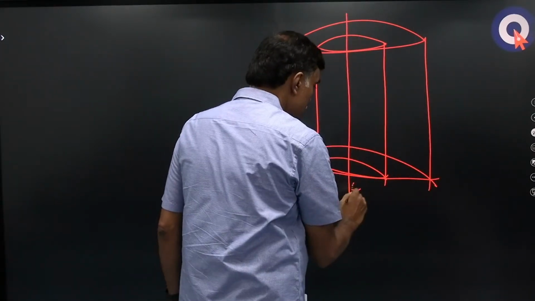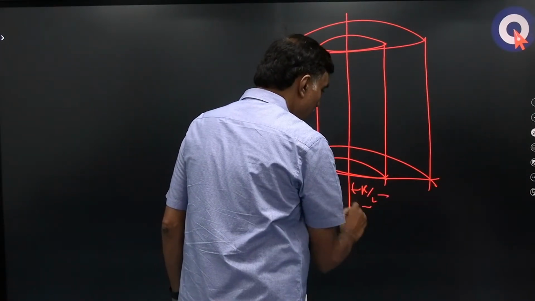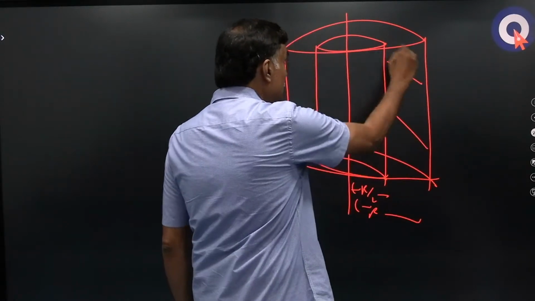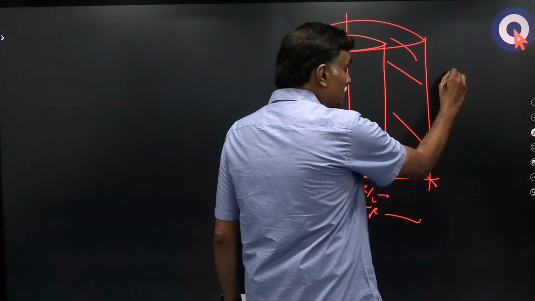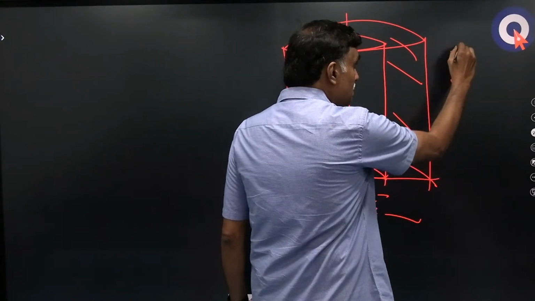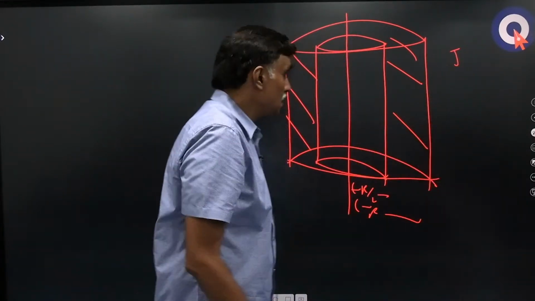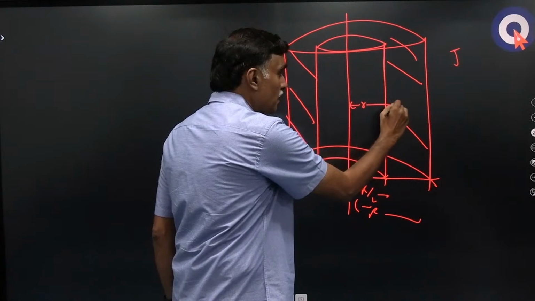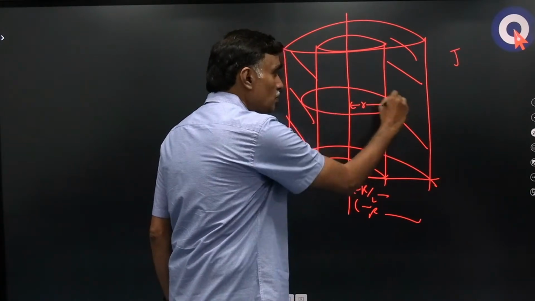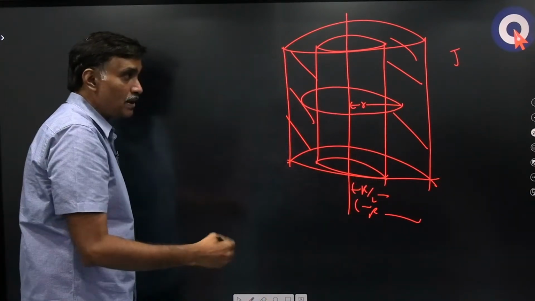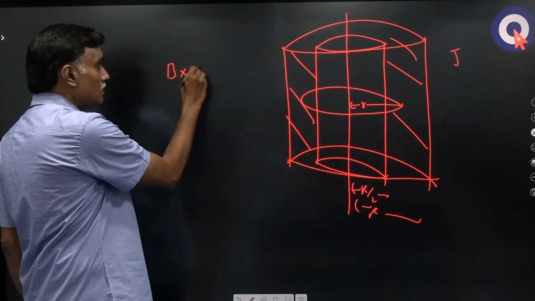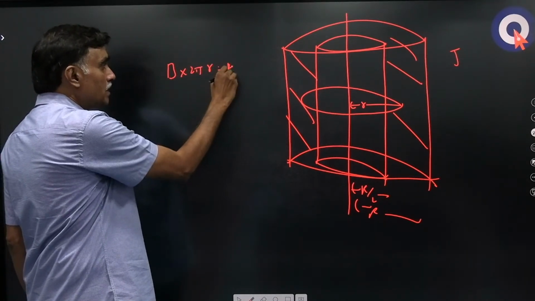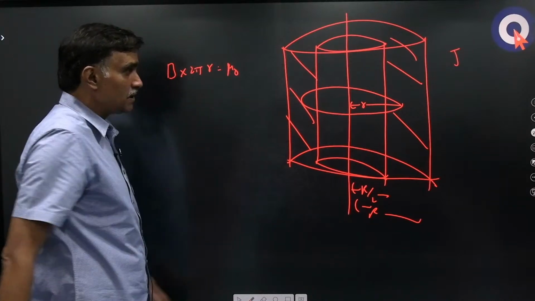What is inner radius? R by 2, outer radius R, and current density is constant. So let us say current density is J, that is constant. So at a distance r from the center, how do we find the magnetic field? If I consider an Ampere loop of radius r, then the integral of B dot dl can be written as B into 2 pi r, and that is equal to mu naught into the current enclosed within this loop,